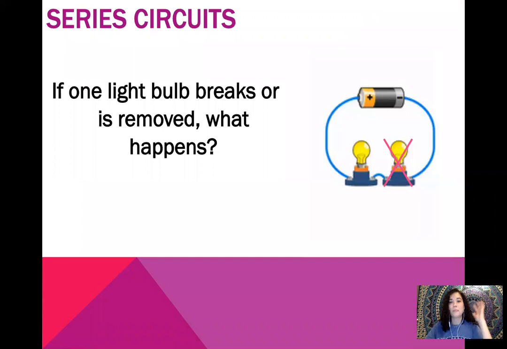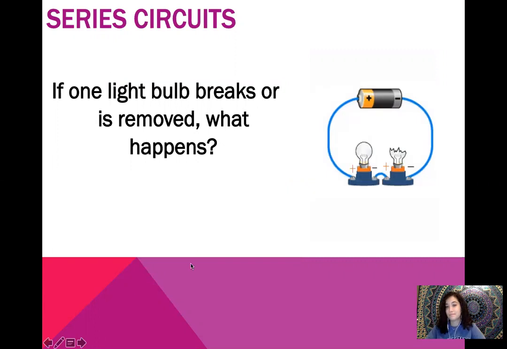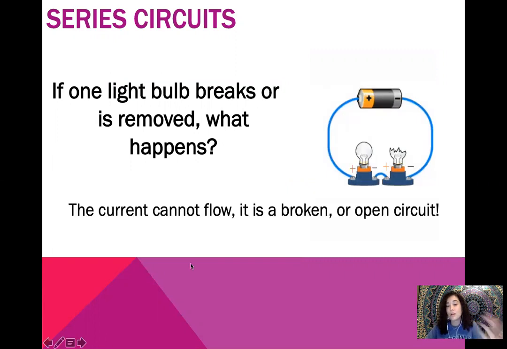All right, so what is the difference between these 2 circuits? For a series circuit, if one light bulb breaks or is removed, what's going to happen? This picture right here is an example of a series circuit. If this light bulb here breaks, what's going to happen? Make a prediction. Our current is no longer able to flow through this circuit. My electricity leaves, goes to the first bulb, and then because this is now a broken circuit, it's open,